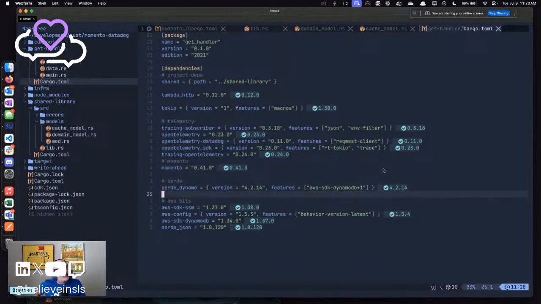Serde, lots of languages talk about marshaling. Serialization and deserialization is the Rust version of that. Not even the Rust version. It's just the way that